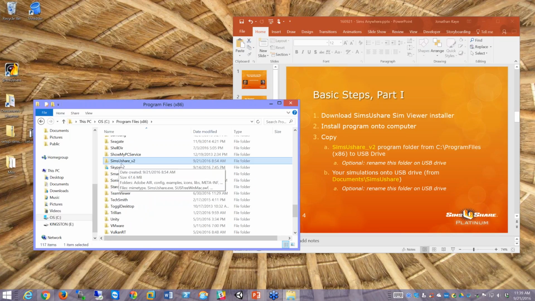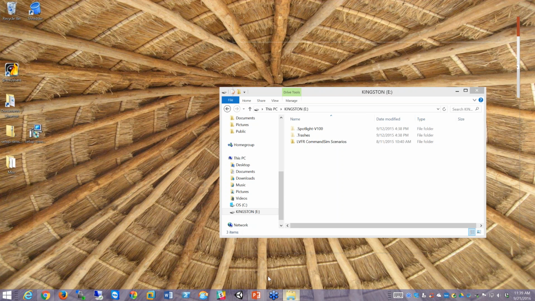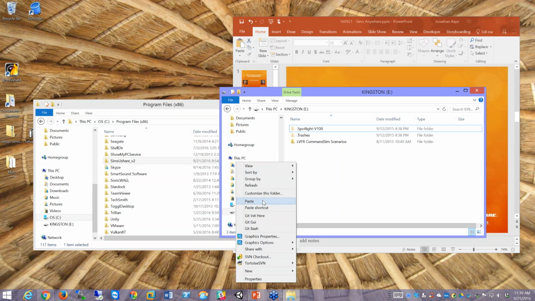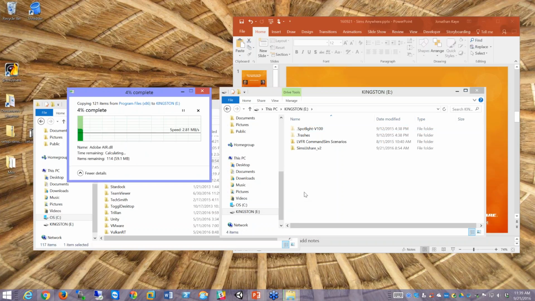In a moment, we'll see what's inside that, but I'm copying it. Now I'm going to go over to my thumb drive and paste it. It's about 50 or 60 megabytes, I think, so it may take a few seconds. Once it's on the USB drive, I don't really need to keep it at that name. I can change this name to anything I want. So once it's finished with its copying,